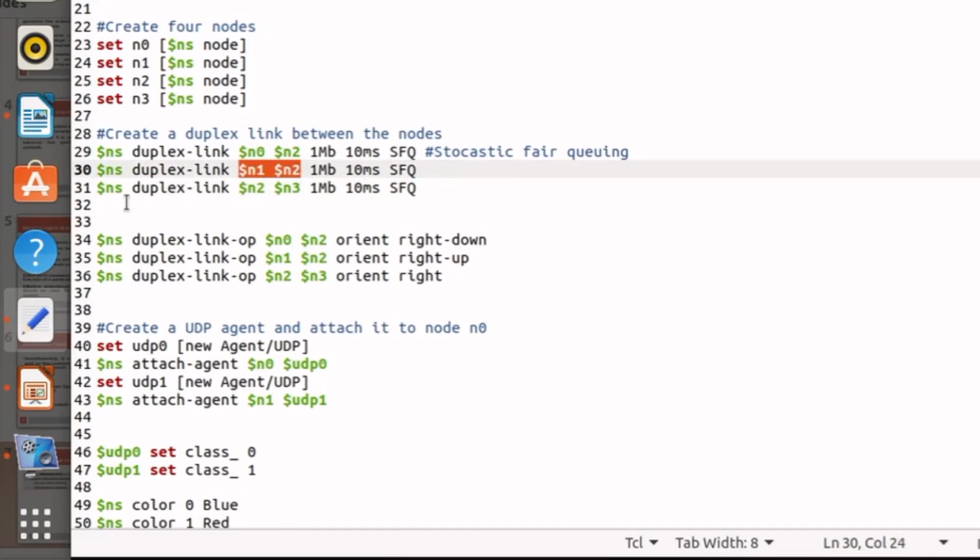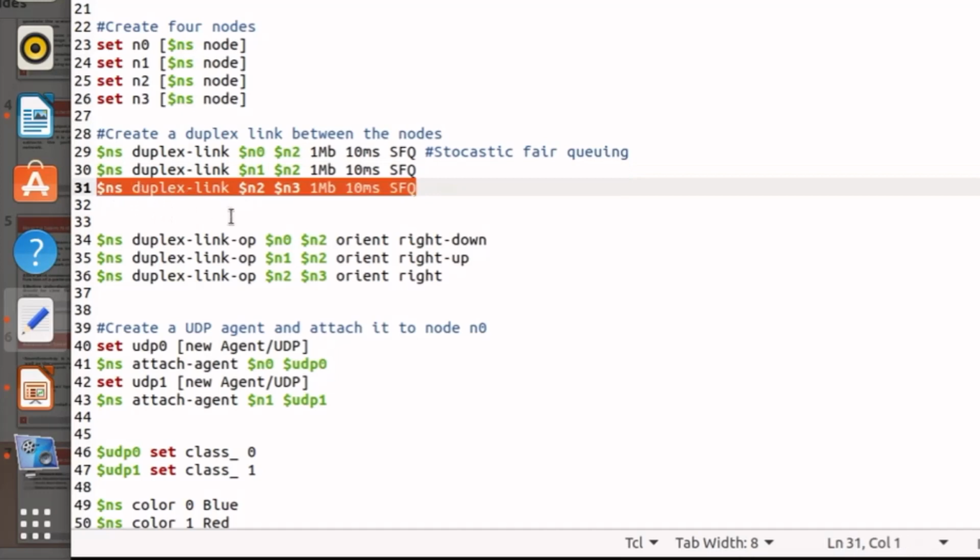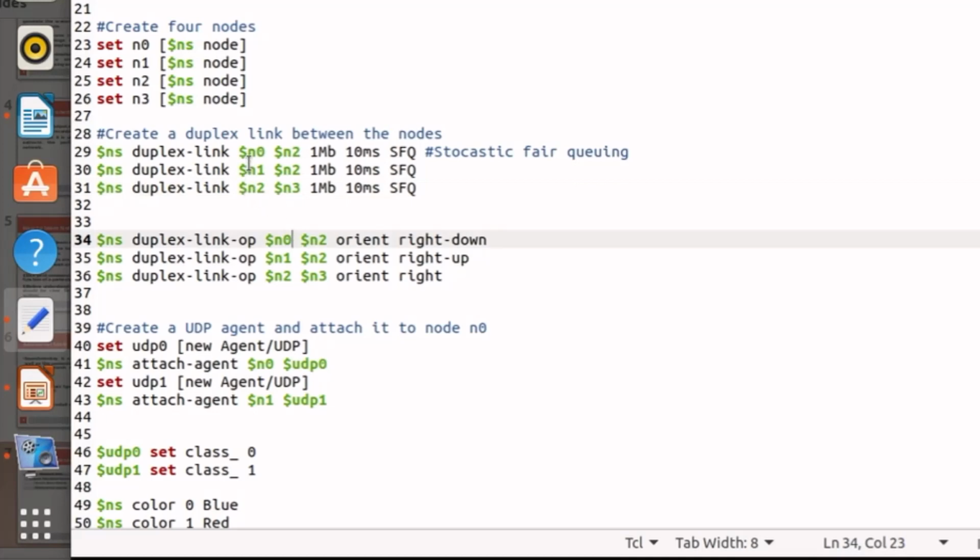The third line creates the same type of link between n2 and n3. So there are a total of 4 nodes. You can assume these nodes in your mind: n0, n1, n2 and n3. n0 is connected to n2, n1 is connected to n2 and n2 is connected to n3. So you can assume this scenario in your mind.